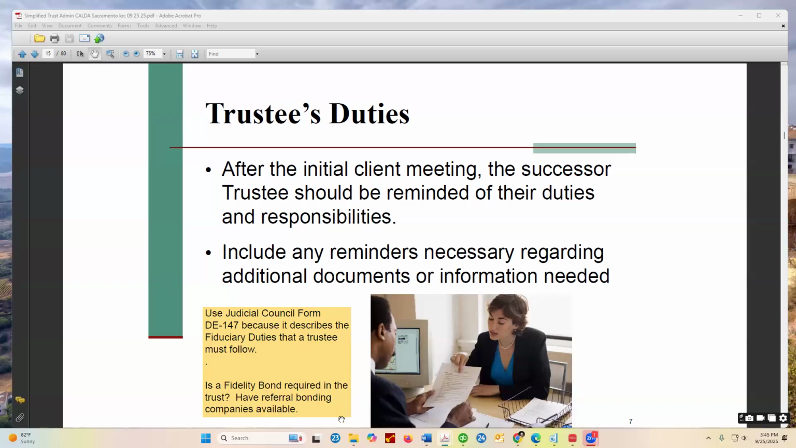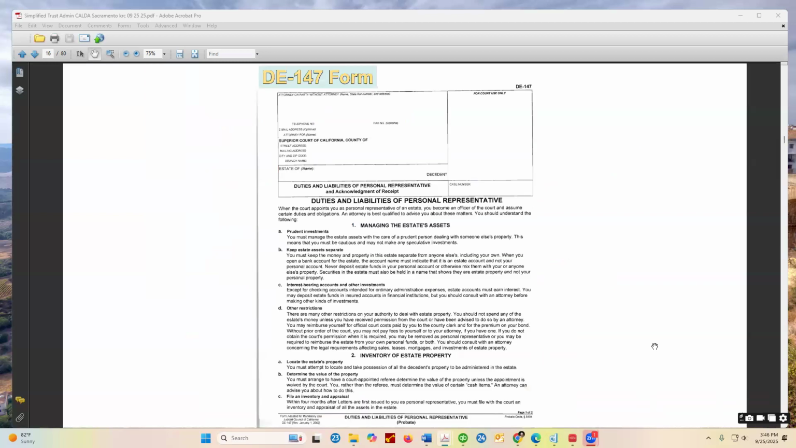If you are doing a probate, you'll probably end up getting a fidelity bond that protects the beneficiaries from the administrators taking money out of the estate and not paying it back. This is an example of the DE 147. The executor administrator needs to put money in prudent investments, keep assets separate from his or her assets, no commingling, put things in interest-bearing accounts,